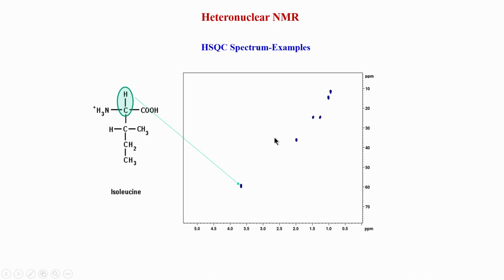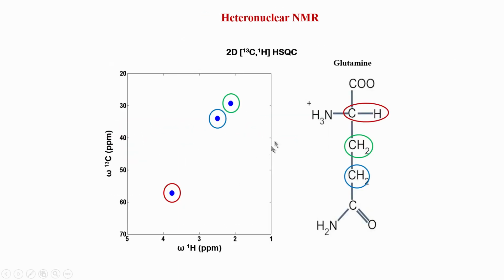So, in proteins, one thing which I should mention at this stage, although we will repeat this later on, is the C beta. The chemical shifts of C beta are very significant, they are signatures of amino acids. If I go back in this slide, if you look at this here, this is C beta, and this C beta was somewhere around 29 or 30 ppm. So, that is a signature value for glutamine. So, one can actually try to identify glutamine based on this chemical shift.